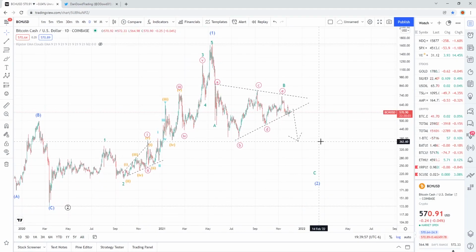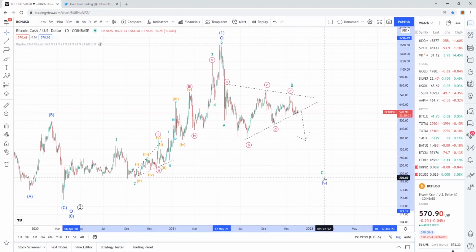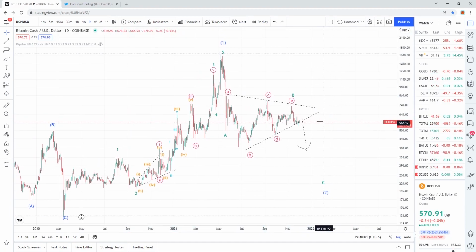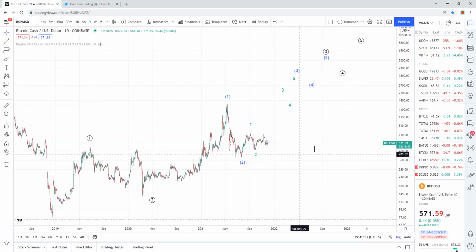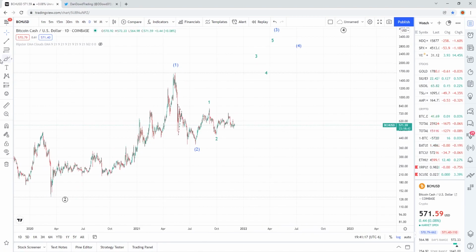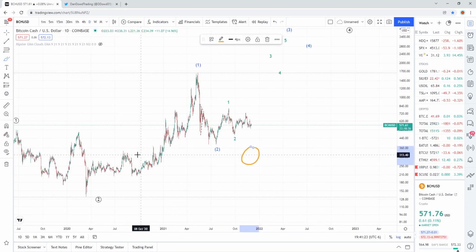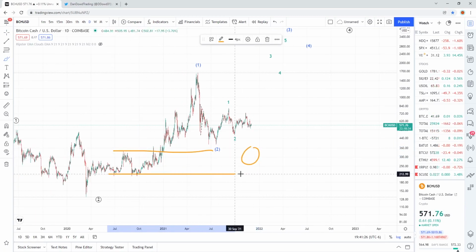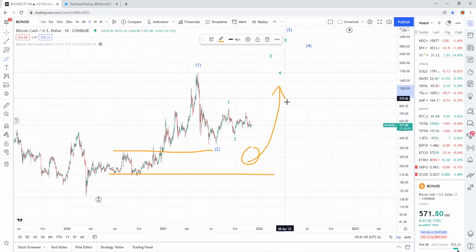So I'm just giving out that warning that it is possible that intermediate wave 2 corrects much deeper, and this is just the start of minor wave C. Now, I don't really have any targets for intermediate wave 2 for that bearish count. I would just expect it to take out the low of around 384, and then it would probably mess around in these support and resistance levels down here before we do start to see some momentum upwards for that intermediate